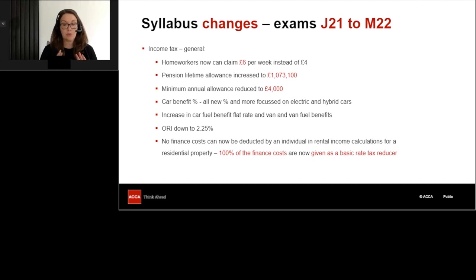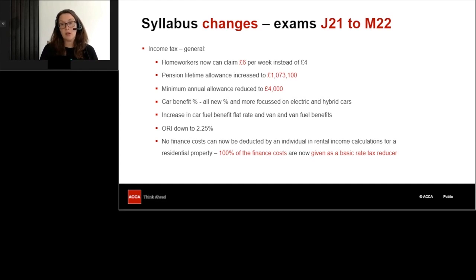Now, the good news from your point of view is that this year that we're moving into now, Finance Act 2020, is not actually too bad a year for changes. So I want to try and put your mind at rest there. Most of the rates and thresholds for income tax have remained the same. For example, the personal allowance is still £12,500. And the basic rate and higher rate thresholds are still the same as they were. All of the VAT rates remain the same for exam purposes, as do most of the rates around inheritance tax as well. So that's the good news.